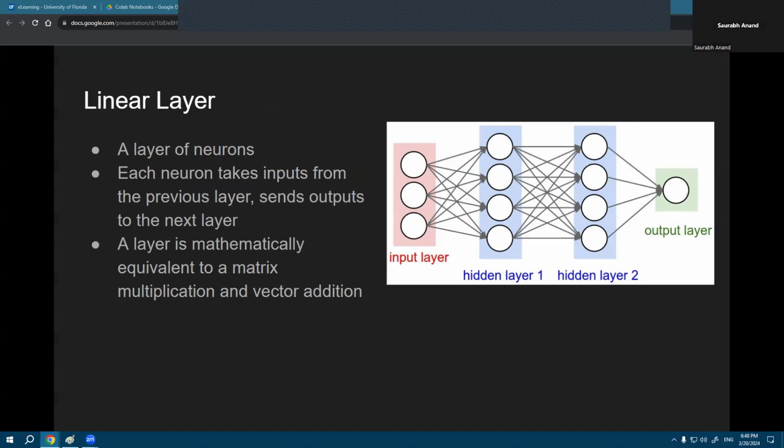So if we just have, just to keep the numbers small, can you all see that? Yeah. Okay. So if we just have a small layer of 2 neurons, and then another layer of 2 neurons, and these are all sending their information forward, we'll call the value output by this neuron X1 and the value output by this neuron X2. So the output of this neuron, right,